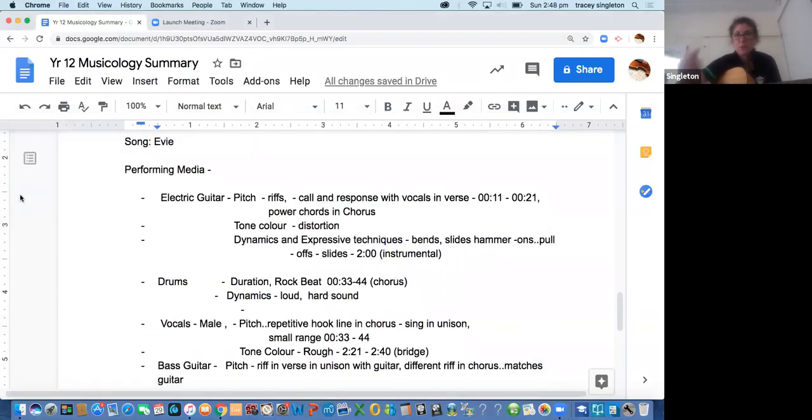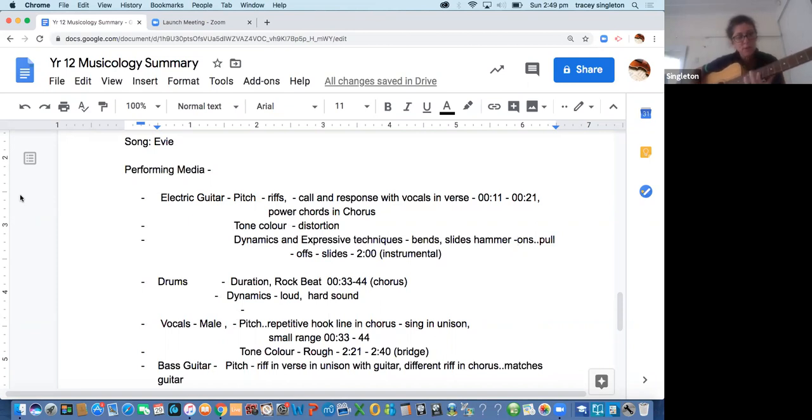Okay, so you can hear that quick note at the end. Well, not that I can play that, but they use lots of hammer-ons and pull-offs. And a hammer-on is when you pull off. It allows you to play notes really quickly without moving your hand too much. Slides is when it's